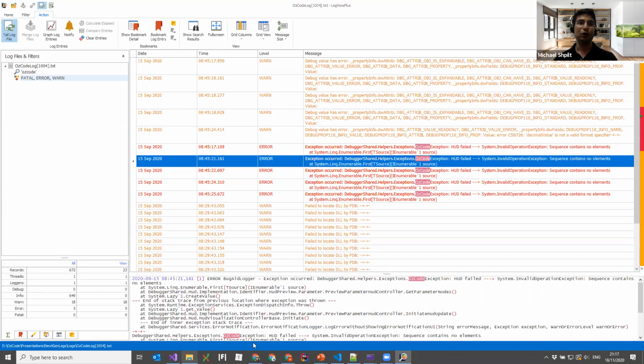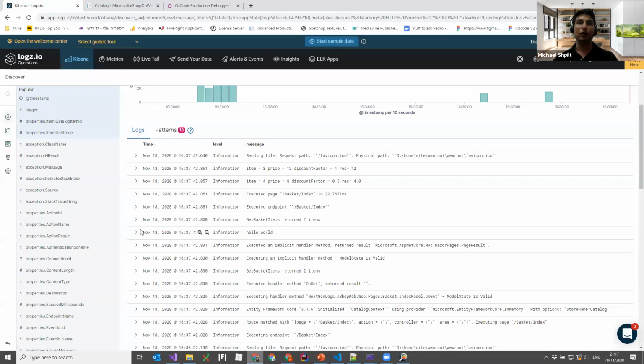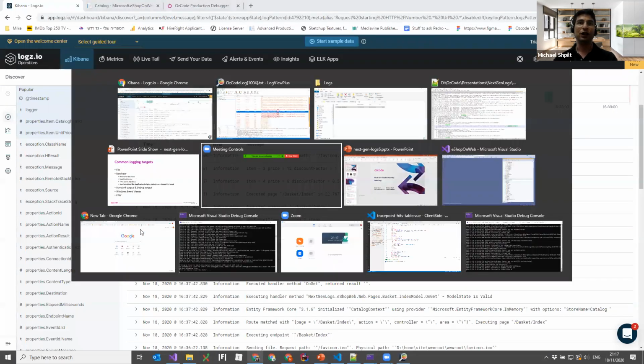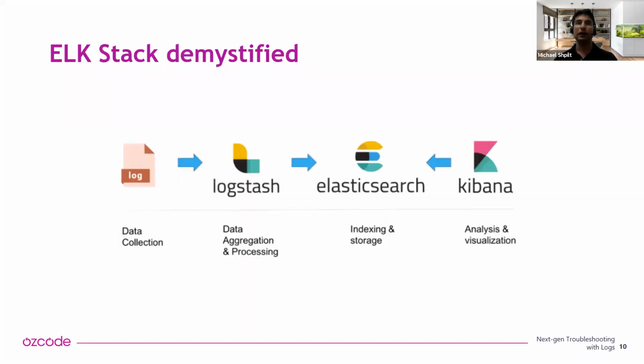Now, the other thing I want to show you is Kibana. Let's talk a little bit about the ELK stack before moving forward. The ELK stack is a group of 3 open source tools. E stands for Elasticsearch, L stands for Logstash, and K for Kibana. The way it works is that your logs go to Logstash, which sends them to Elasticsearch, which is the actual database. The database does the indexing